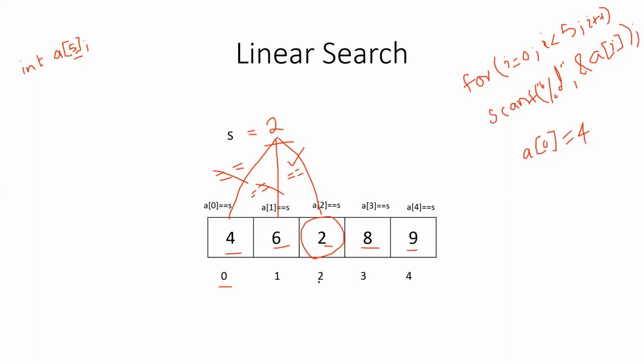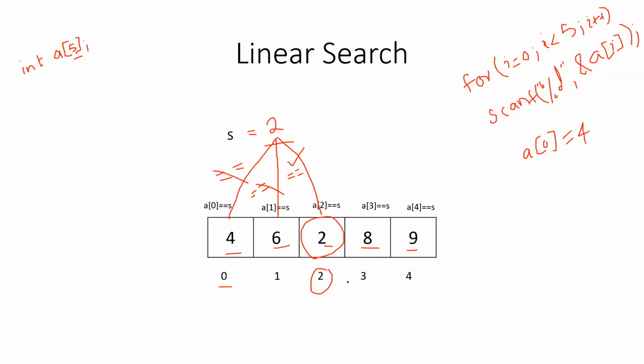So what do we have to do? The computer knows only the index number, right? So we have to return the position by adding 1 to the index number. So this is our logic. If you are doing it manually, we will just return, as you know, that the element, the number 2, is at the third position.